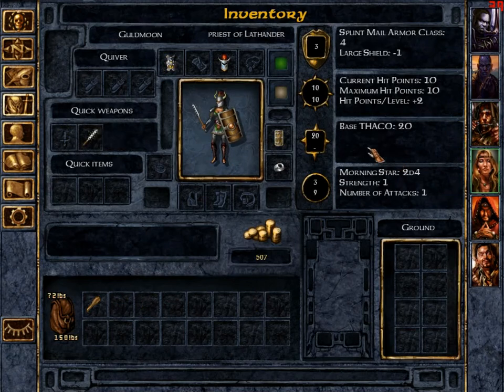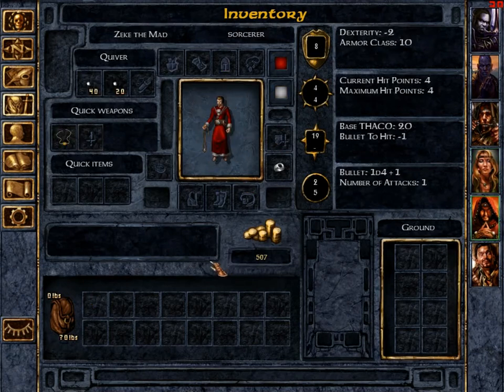Gold Moon is going to be my healing slash buffing cleric. I was running out of money, so I just went with chainmail. I do want to eventually get her in full plate. And then we have Zeke the Mad, which is a sorcerer. The reason why I went with a sorcerer instead of a mage was